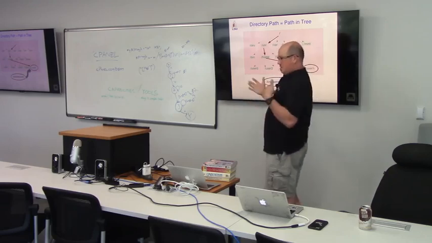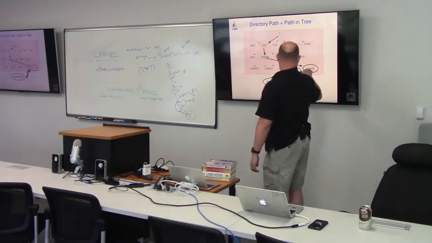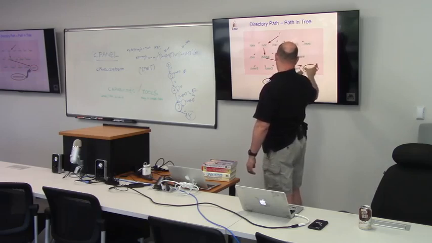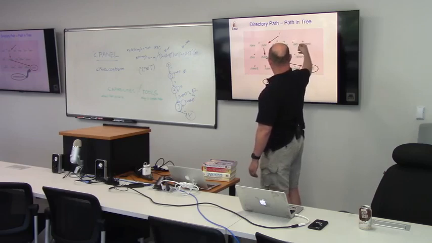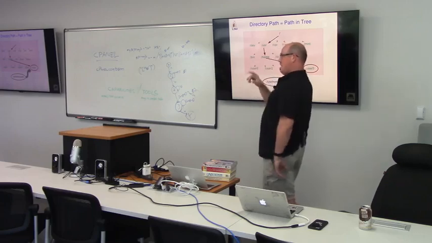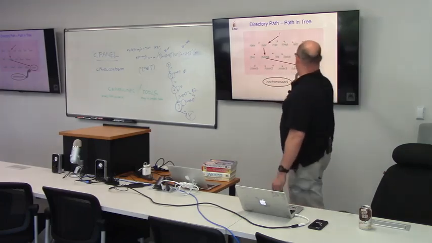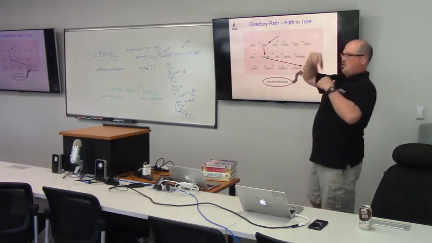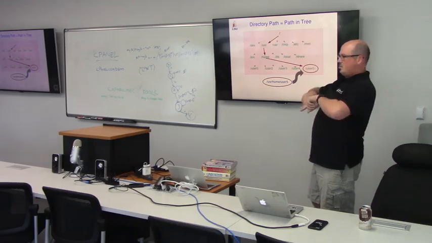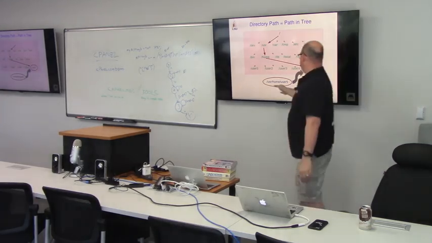So using a series of relative paths, you could do dot dot slash dot dot slash lib. You could go dot dot and then jump here, and then do another dot dot and jump up here, and then slash temp. So you could do cd dot dot slash temp, and that would jump you up here and then back into there. So it's a way to navigate the tree relative to where you are, rather than having the absolute path here.